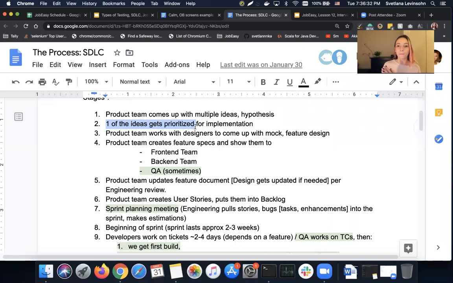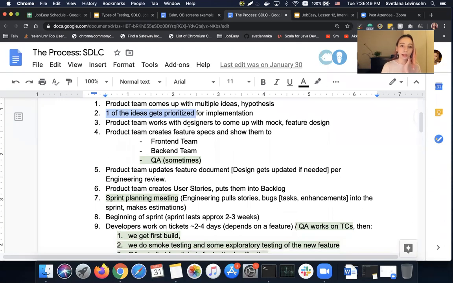So they're like, okay, looks like this screen modification sounds pretty good. How about we actually try to implement it? And right now we have 3 screens. Let's build 2 screens instead of 3. Let's remove 1 screen. So they select one idea and decide that this is what they're going to implement. Or it can be another feature. It can be anything. So after this, before they go to the engineering, they actually go to designers